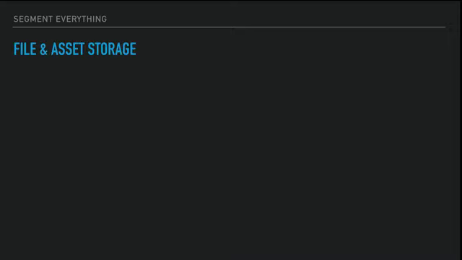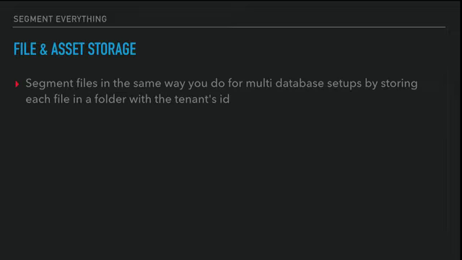So the next thing I want to talk about is file and asset storage. So if you're running a single database, you might think, oh, I'll just throw everything in one bucket. It doesn't really matter. But I would recommend segmenting those files in some type of folder with a tenant ID. And the reason is